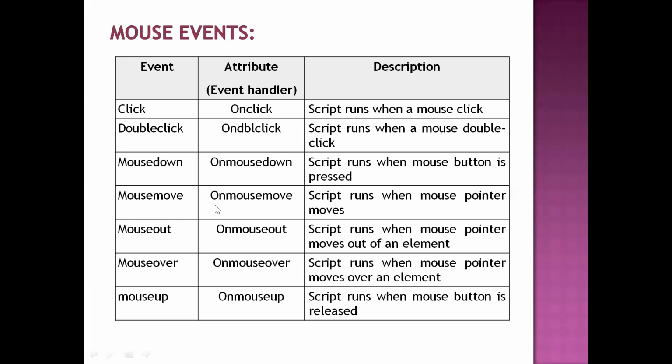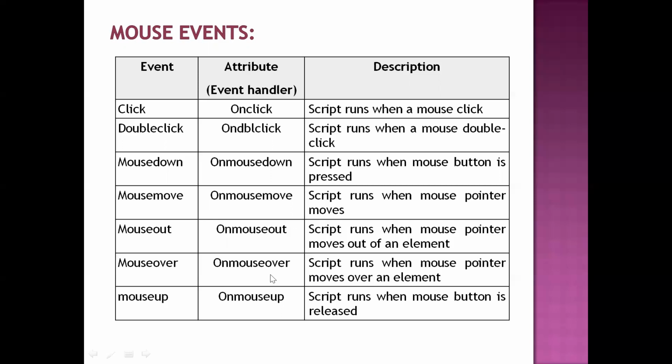Whenever you move the mouse on the page, that is also an action. Because of moving your mouse, some action will be generated. So what kind of action is it? It is the onmousemove action, so the onmousemove event will be generated. Now the next one is onmouseout. Whenever you remove your mouse pointer from the web page, or from a particular form component, the onmouseout event will be generated automatically.